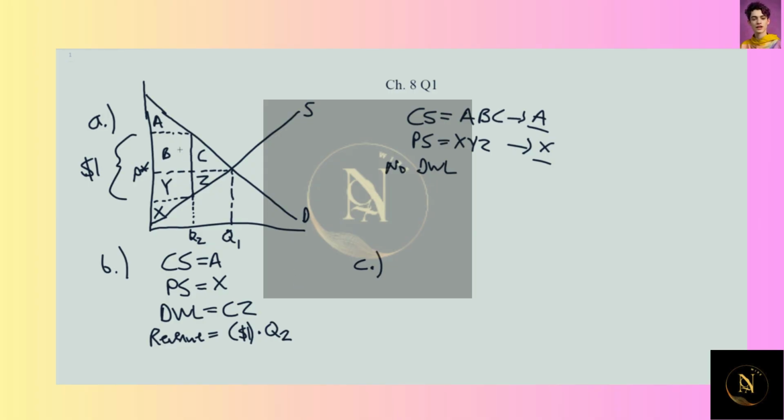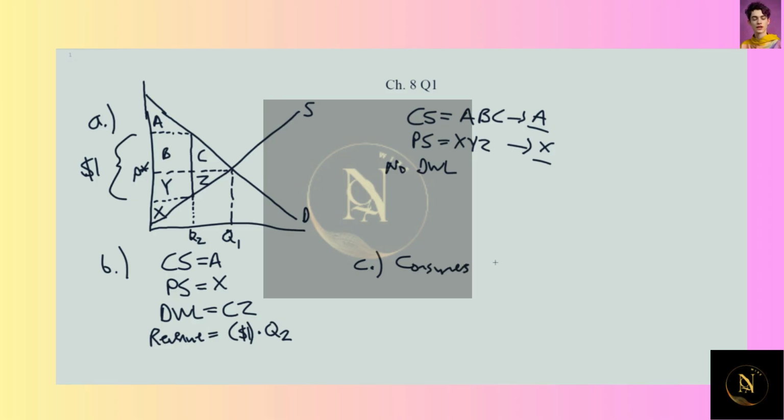Let's look at it this way. When the government imposes the $1 per unit tax, we're forced to exchange at quantity Q2 rather than Q1. Instead, let's ignore the tax and trade at the original Q1, in which case consumer surplus goes back to this entire ABC region, and producer surplus goes back to the XYZ region as we had in part A. But we're still going to transfer,